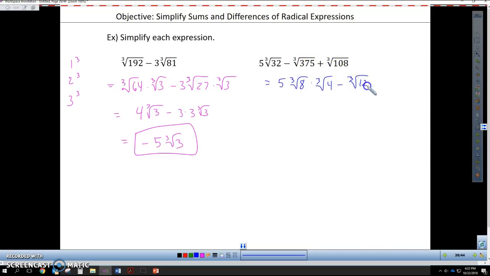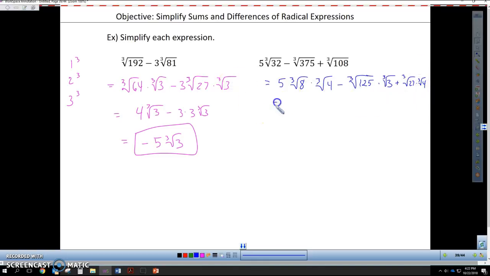That's 5 cubed. So cubic root of 125 times the cubic root of 3. Plus, here I have the cubic root of 108. That one is, let's see, I believe that's 27 times 4. Okay, times cubic root